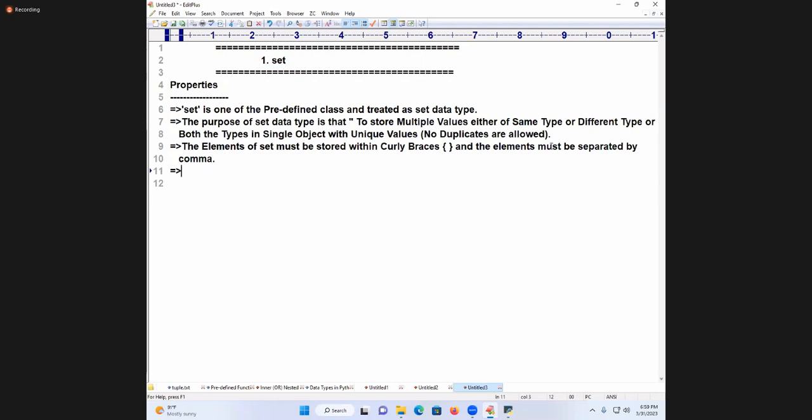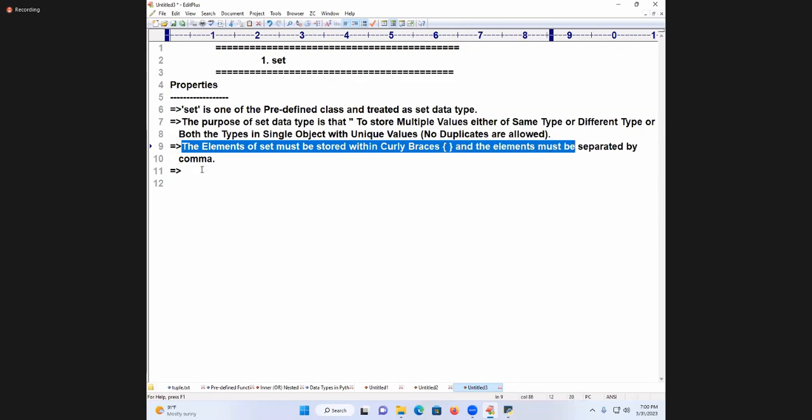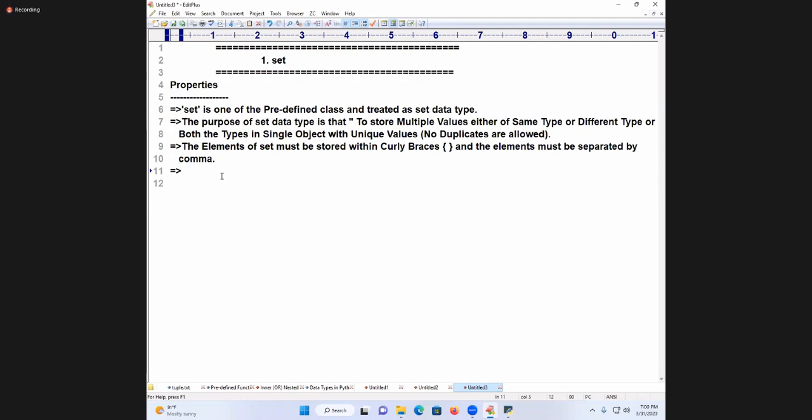The purpose of set data type is to store multiple values, either of same type or different type or both the types in a single object with unique values. What are not allowed? Duplicates are not allowed. Set elements are stored within curly braces, elements separated by comma. Right. Set object, or I can write an object of set